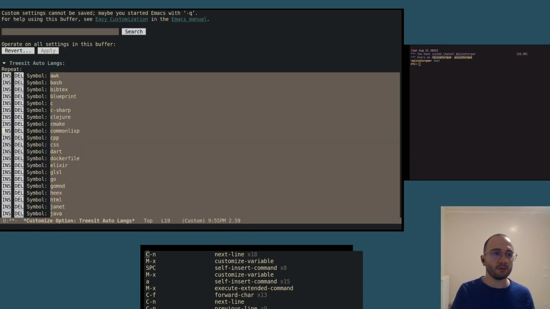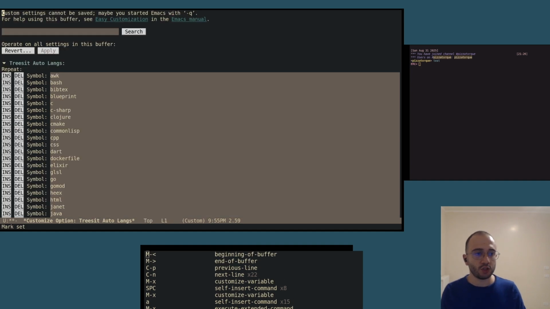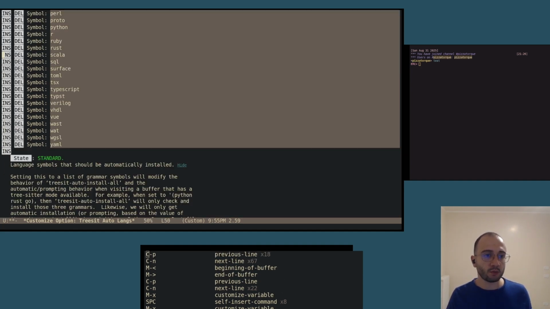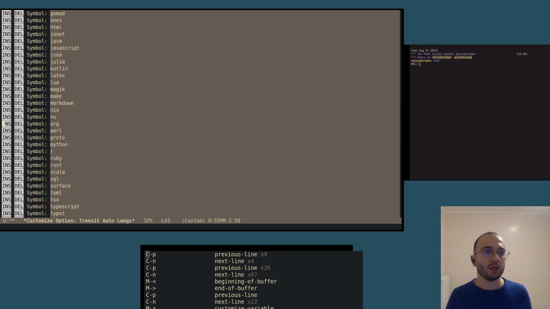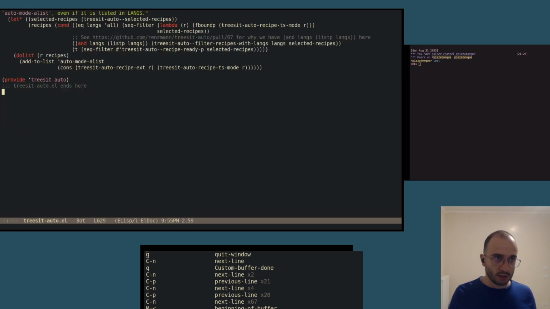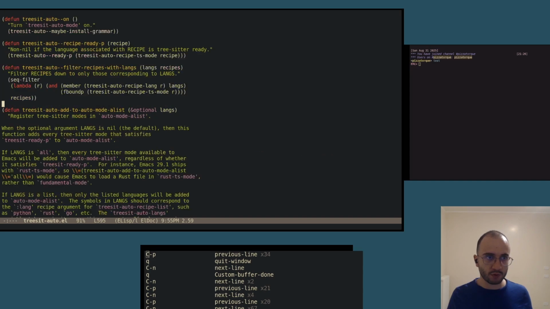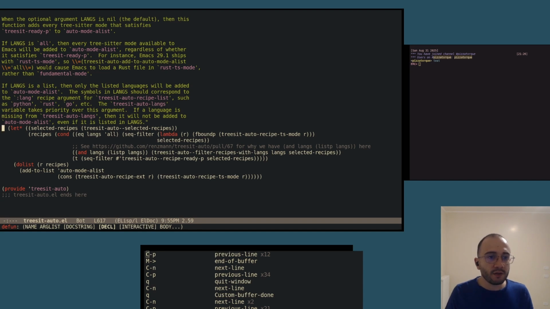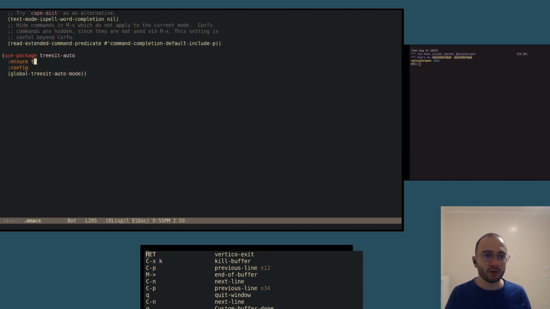Yeah, we could have just changed this to just include Python. But as you can see, there's quite a few. There's Vue, Rust, Ruby, Perl. So it can be useful. JSON, if for some reason someone needs treesitter for JSON. And now that we have it installed, I don't think there's much else you need to configure,